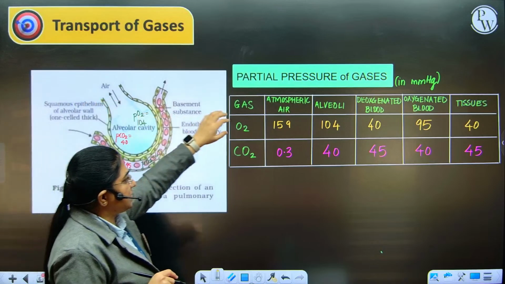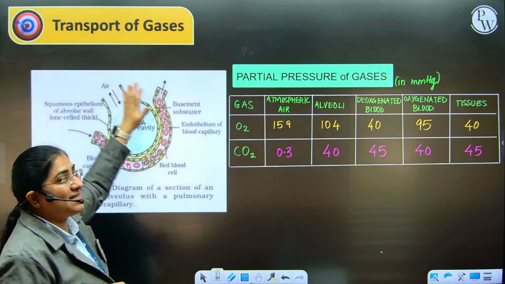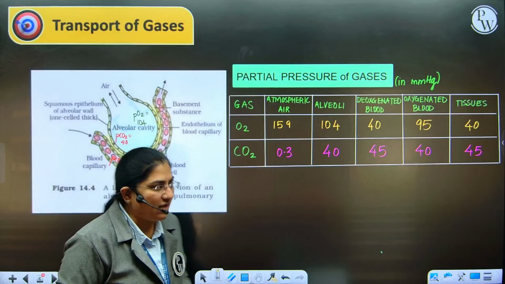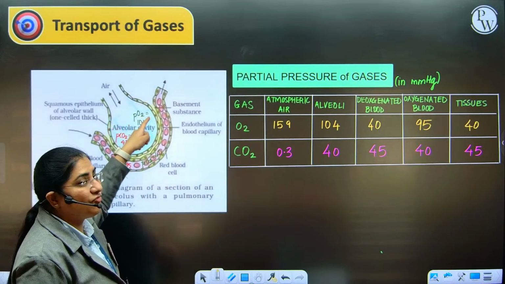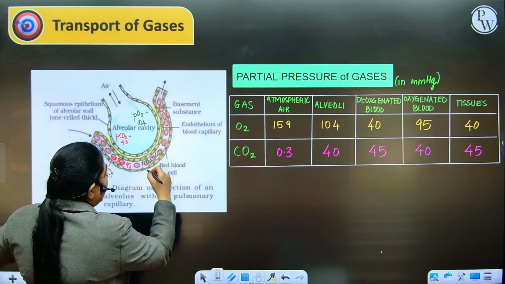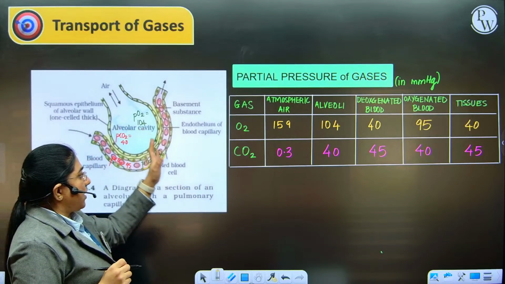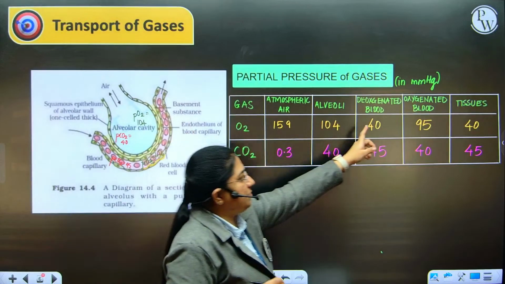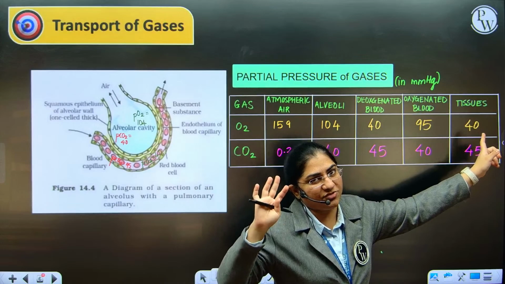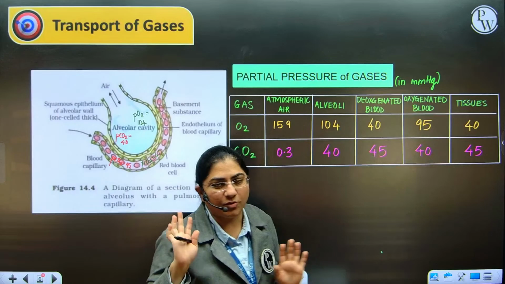When you're talking about oxygen, the oxygen partial pressure in the atmospheric air is 159 mm of Hg. While from the atmosphere it reaches the alveoli, in the alveoli it is 104 mm of Hg. In the deoxygenated blood it is 40 mm of Hg. In the oxygenated blood it is 95 mm of Hg. In the tissues which have undergone metabolism it is 40 mm of Hg. Do not worry, we are going to talk about this again when we talk about transport of gases, just giving